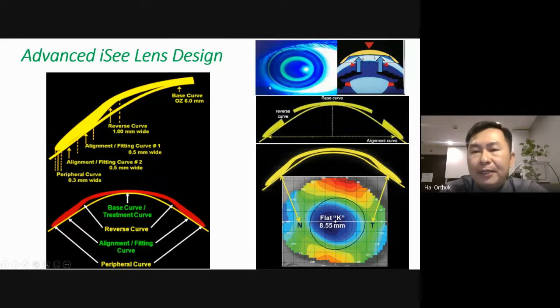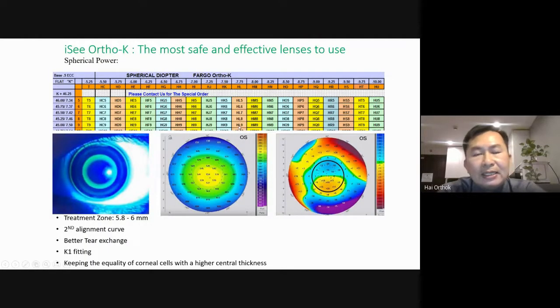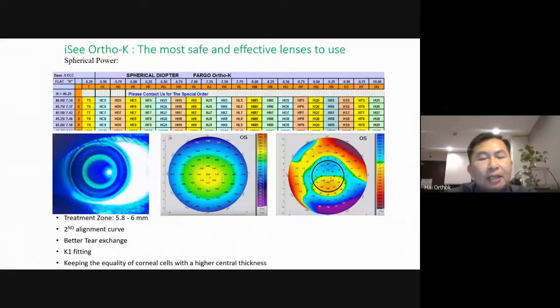So we help to bring more cells from the alignment area of the lens, or outside of the optic zone, inside the optic zone. Why is the IC lens safe? Because first, we can have the dispensing set of AutoK IC lens with 5.8 to 6 millimeter, to make a smaller treatment zone if needed in order to treat